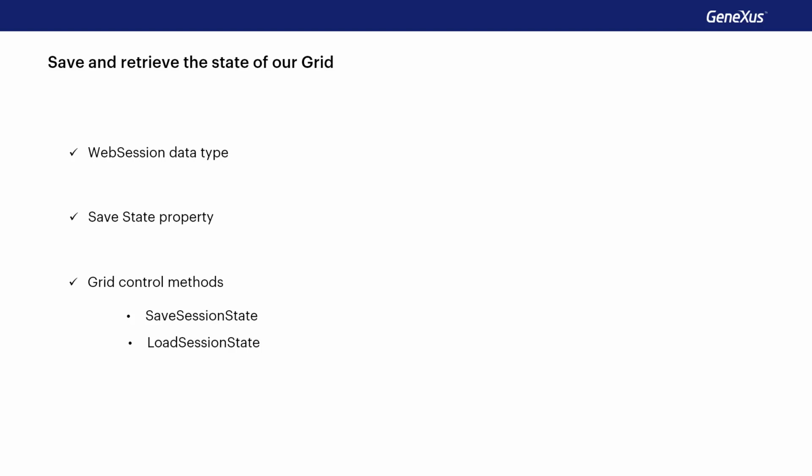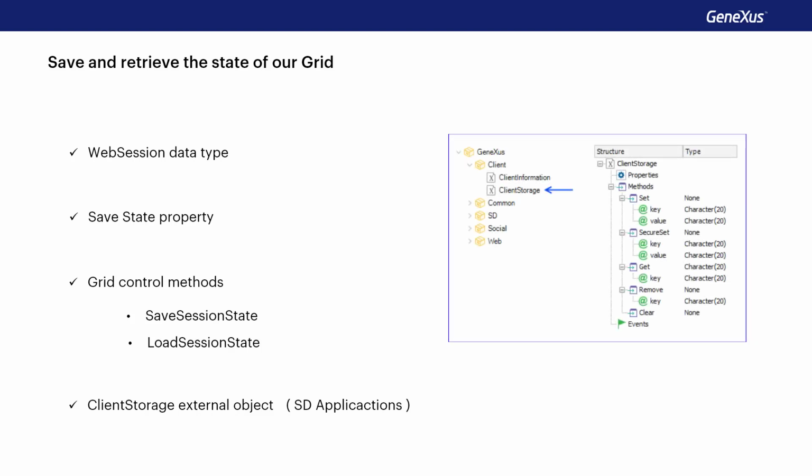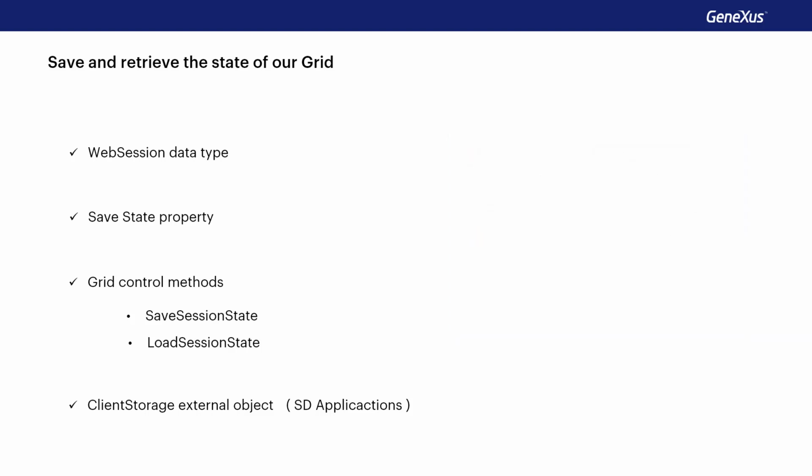The other is by using the client storage external object. This object is an API, which is used to store context information in applications for mobile devices. Its use and operation is similar to that of web session variables. It allows storing information with key value pairs, locally that is, on the mobile device we're in, and it'll be possible to access it later, even without connectivity. For more details on each of these implementations, please visit our wiki.